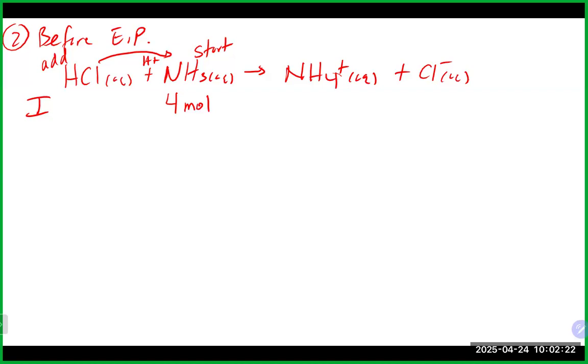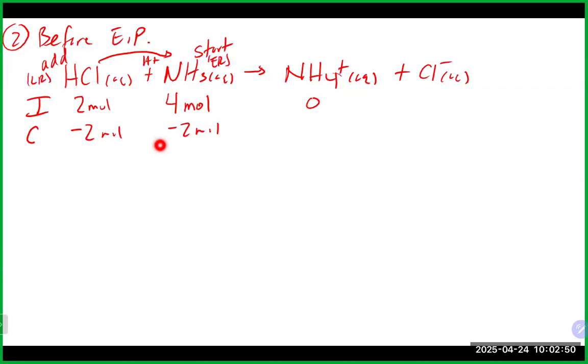So once again, as we've talked about previously, since we are before the equivalence point, the moles of whatever we're adding should be less than what we started with, right? Again, the equivalence point means that they are equal to each other. So obviously we would have it below that. So we'll start with 2 moles here, and we'll have 0 here. Change is going to be -2 and -2,